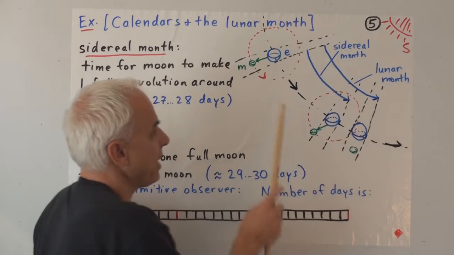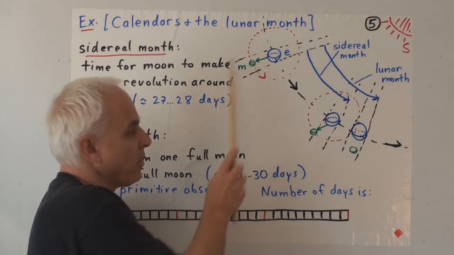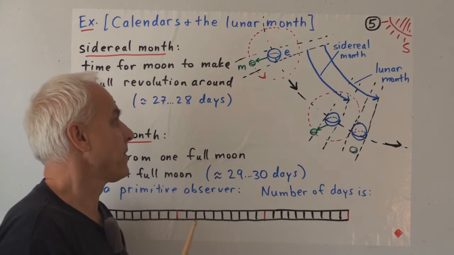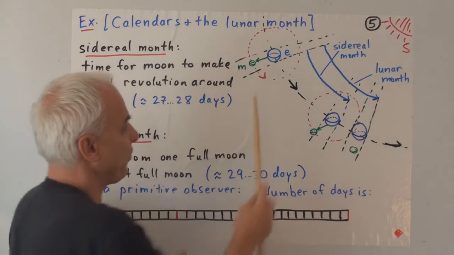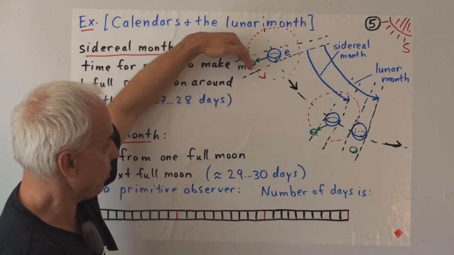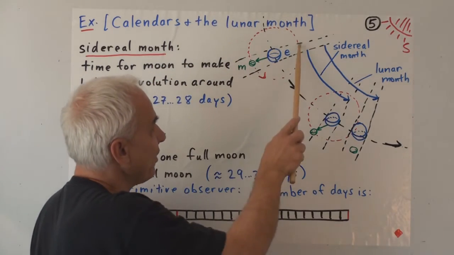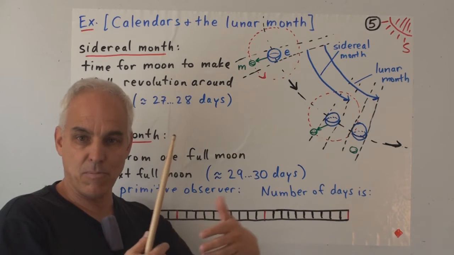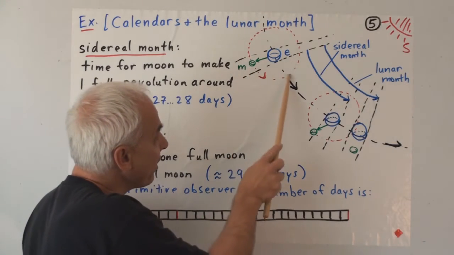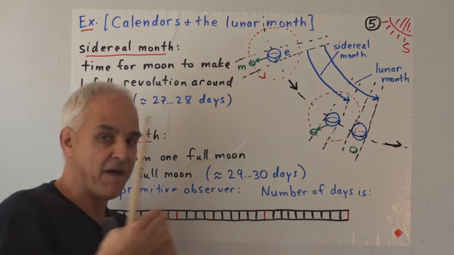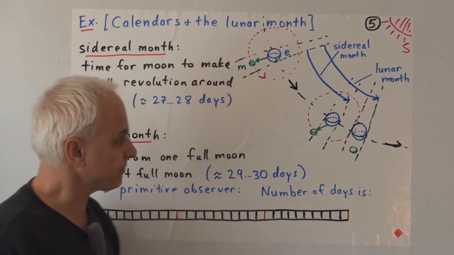However, with respect to the Sun, the Earth has moved. So when the Moon is behind the Earth like this, that's like a full moon position. That means the Sun is shining completely on the face of the Moon, and the entire face of the Moon is visible to the Earth. That's when you see a full moon. When the Moon is sort of on this side of the Earth, then you don't see any part of the lighted part of the Moon, and that's a new moon. It's dark. When the Moon is over here or over here, then half of the lit up side of the Moon is visible, and you kind of see a half moon.